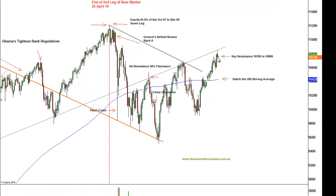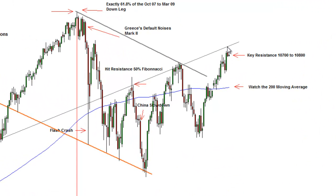What we've got is a spike high on a daily reversal, a key reversal bar on this resistance, which is one of our three levels of resistance that the market is facing. So the short of it is I expect some short-term downside activity before we find support and know whether or not we're going to continue further north, in which case we'd be looking at this 11,000 mark, and then following that the